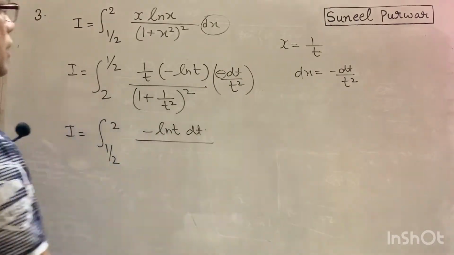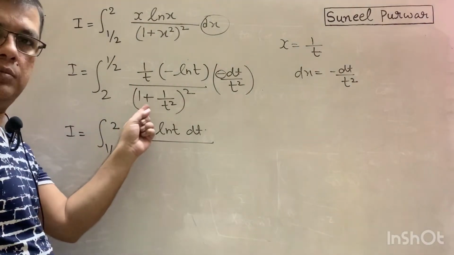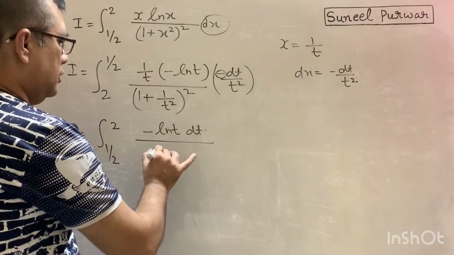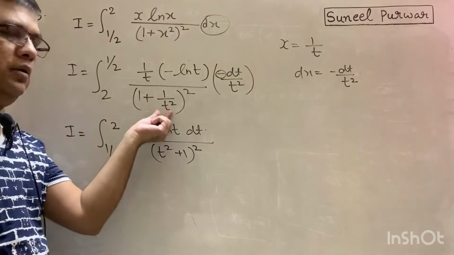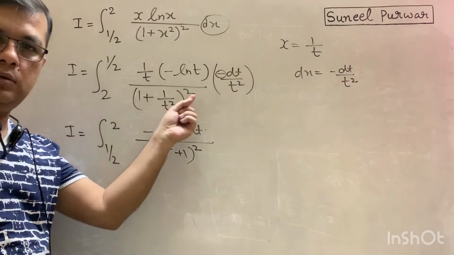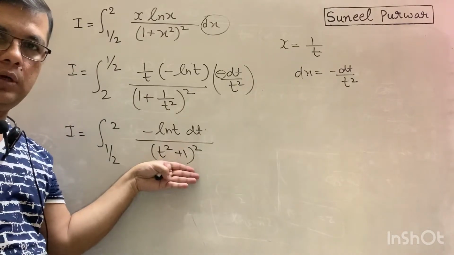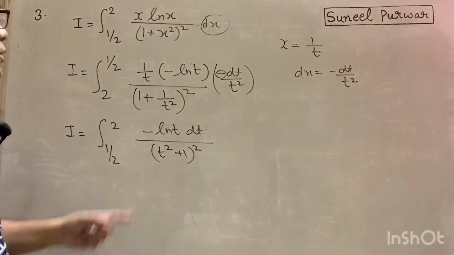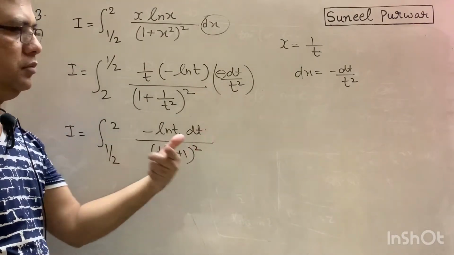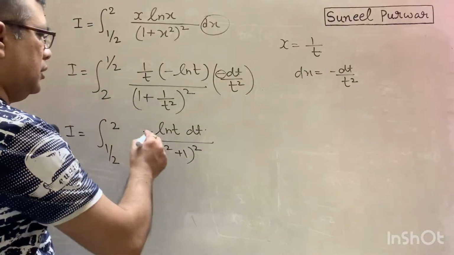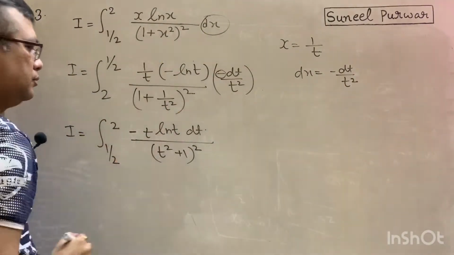Simplify this bracket. You will get t square plus 1 whole square, and the LCM will be t square. On squaring, that will give you what? t power 4. So upon t power 4. So if you simplify that, don't forget this is 1 by t, this is 1 by t square. So what is the net resultant there? t will come here, so it is nothing but minus of t. So simplify that, you get this thing.